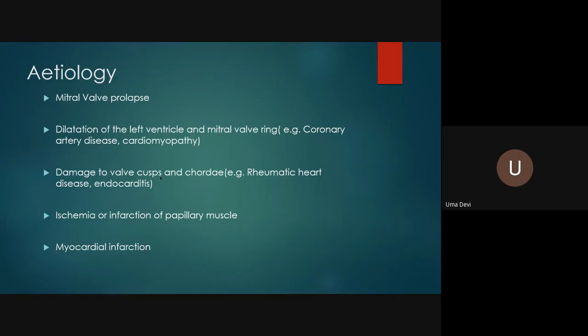Now, this class, in a sense, is very important because in clinics, I think the cardiology CVS case is always rheumatic fever or mitral regurgitation. Nowadays we are not having a lot of rheumatic heart disease related cases, but because of ischemic heart disease, we have a lot of MR. Maybe 75% of you students are going to land up with mitral regurgitation as your bedside case. So you should know everything about this.